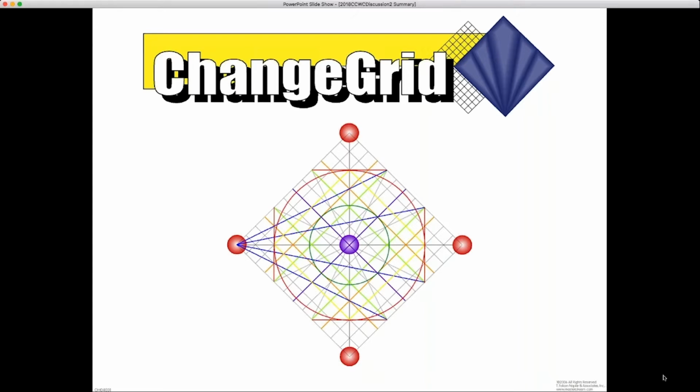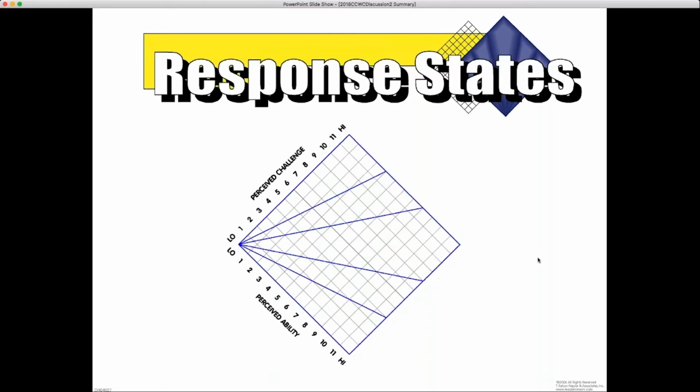We're still working with some of the underlying principles of change management and the Change Grid, mainly tension today. You can actually see these 5 levels of tension are called response states. They're identified by these 5 wedges here, and I'm going to show you one that takes everything else off the grid besides those 5 wedges. These are 5 response states, and you can see they're pretty much driven by how someone rates their ability and challenge, where they're going to plot there. And we're going to be talking about that today.